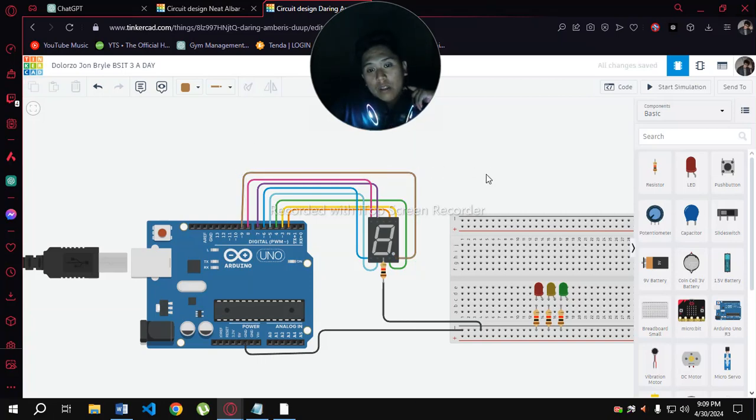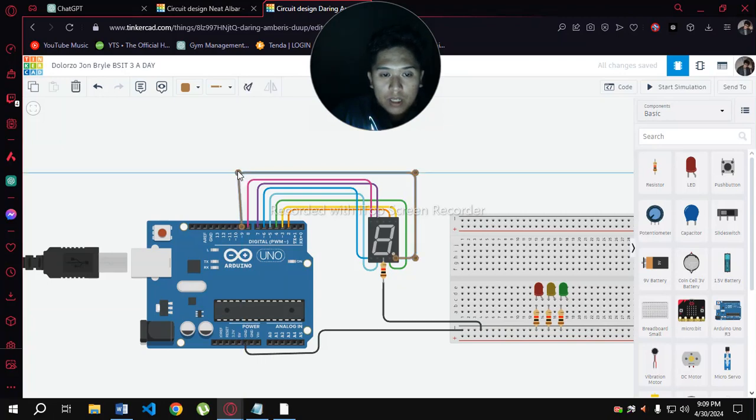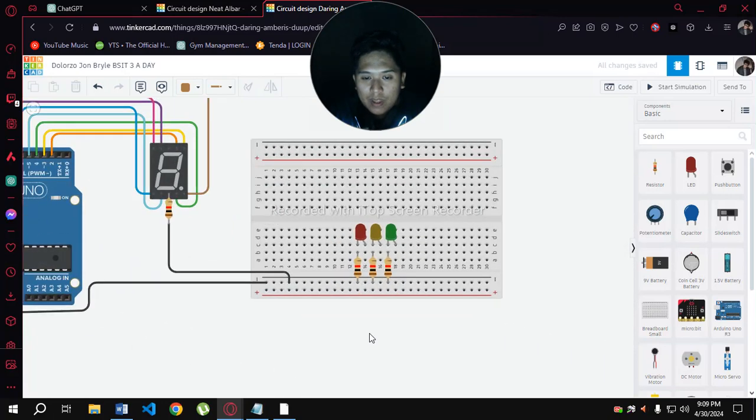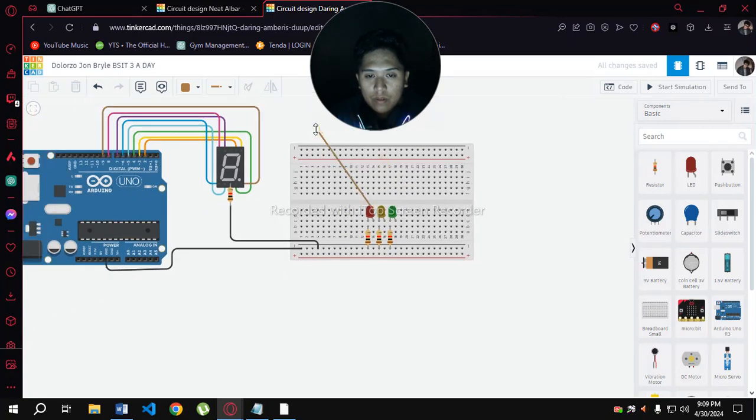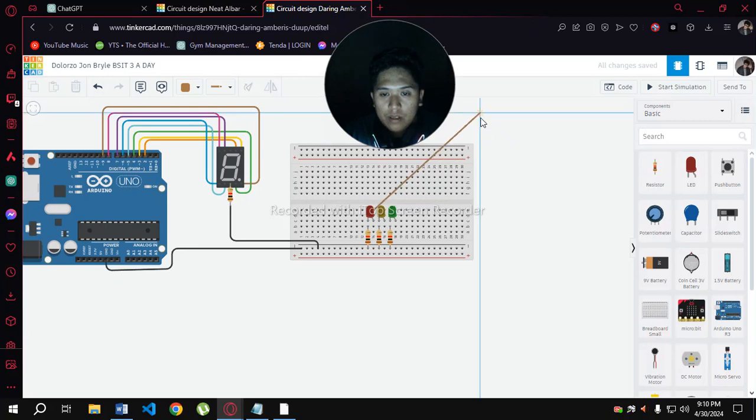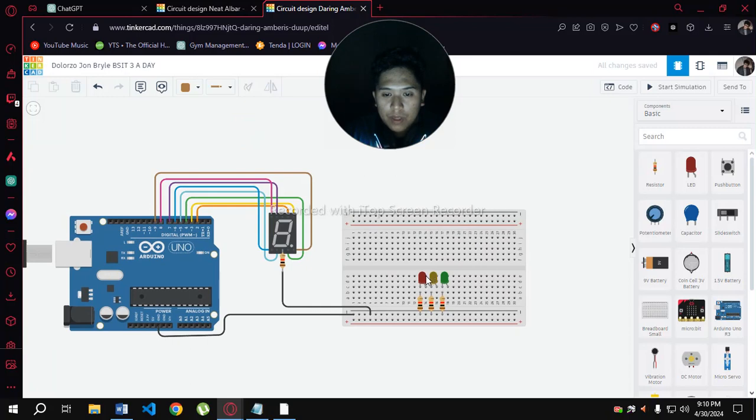Now to proceed, we are going to connect these three LED lights also to our pins right here. But the catch is, I'm going to zoom it so we can see. So here in our anode, we are going to connect our pins. So the anode here to our 10th pin right here.